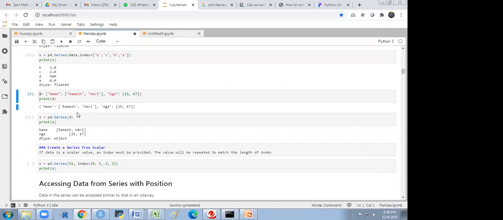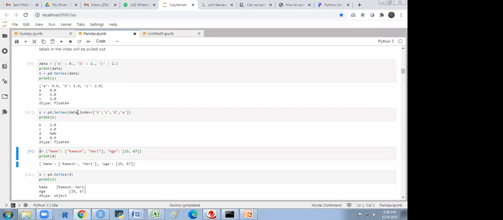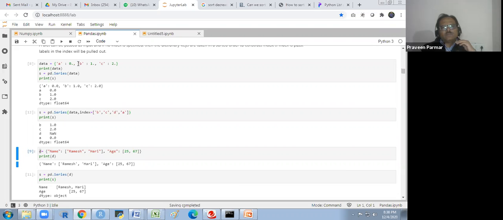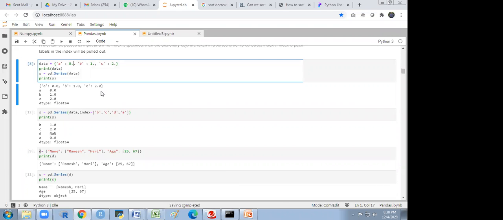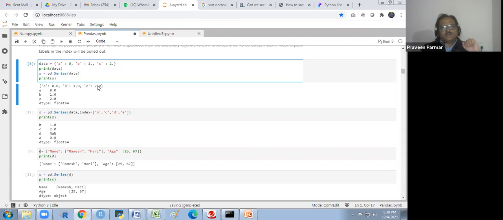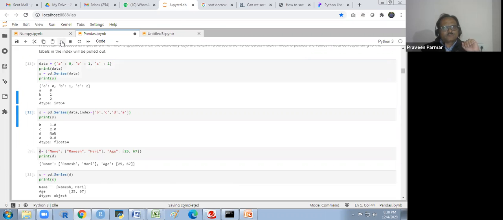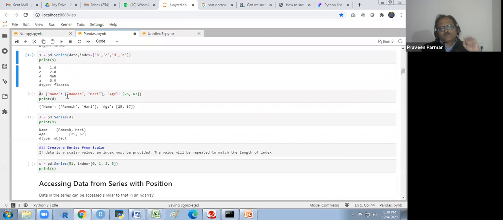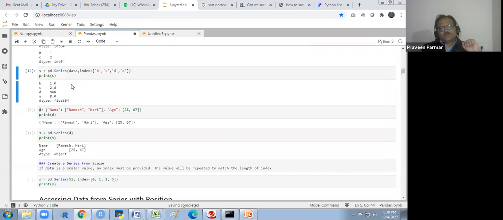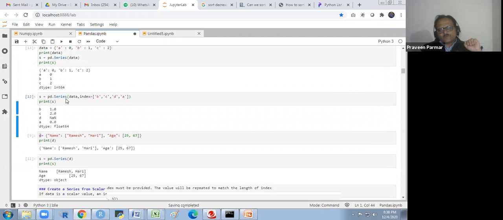Sir, here it is 0.point, so float is coming. If we are not giving the point, then an integer value will be shown? Yes, we have given the point, you see. If the point won't be there, then we will get the integer. I just remove this and I will show you again. You will get the integer, int64 instead of float64.